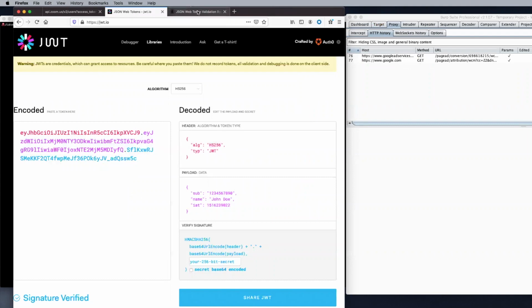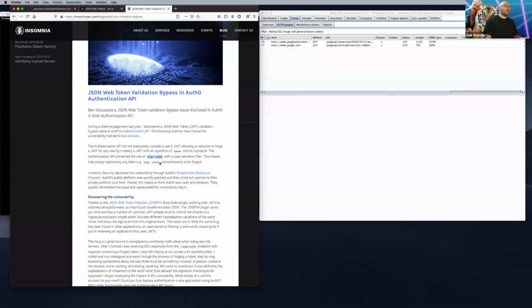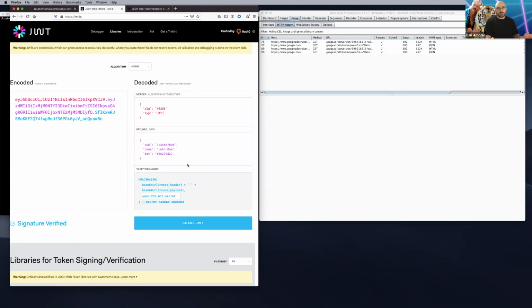So the vulnerability that he found basically was bypassing their detection of a none algorithm because their check was case sensitive. So if you provide some mixed camel casing of none as the algorithm type for the token, you can bypass the authentication. And typically, because these are serialized, these public key cryptography, there's a lot of trust in the